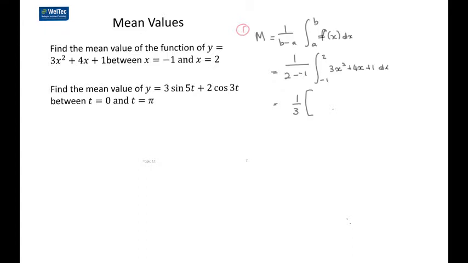The integral of 3x squared is x cubed plus the integral of 4x, sorry, would be x squared over 2 times 4, so that would be 2x squared, and the integral of 1 would be x. We're going to find that between 2 and -1. So that's going to be a third of